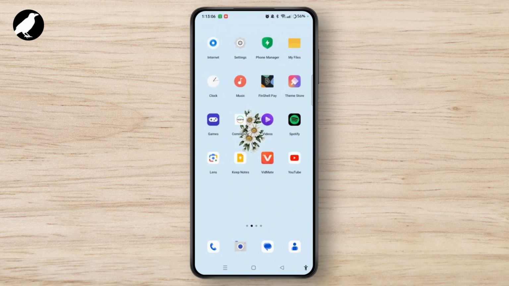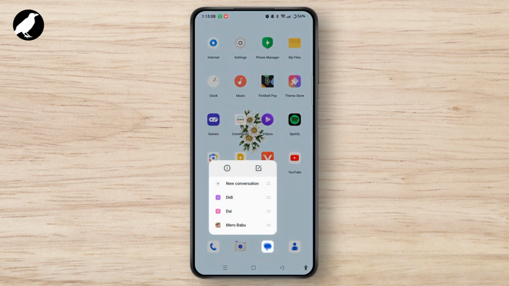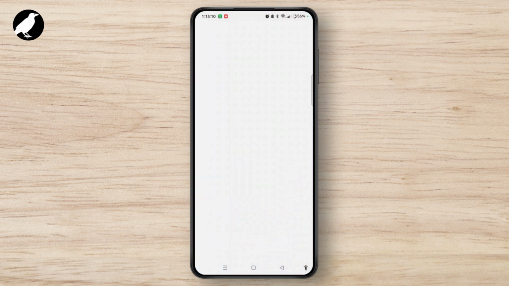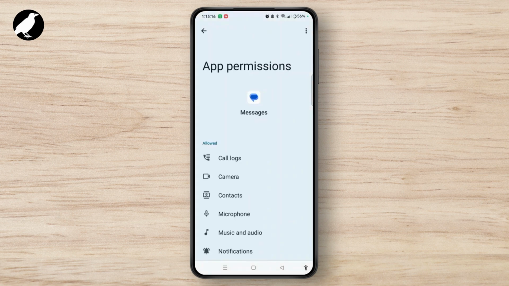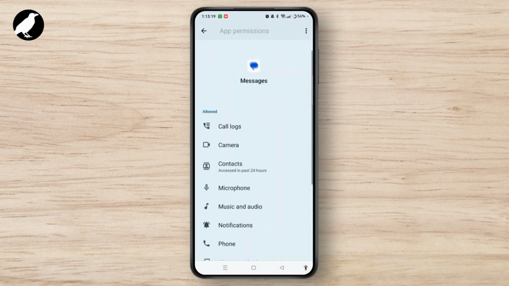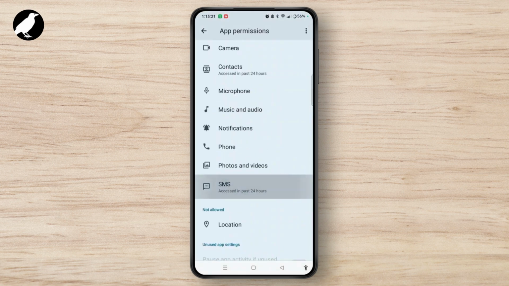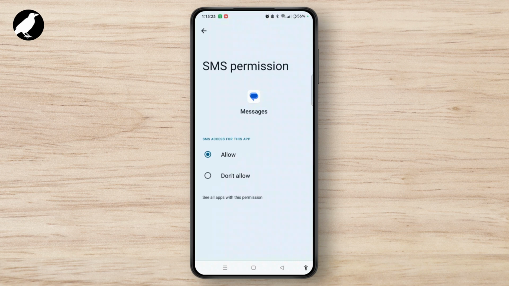You need to tap and hold the SMS icon and tap on the I button. Now here, you need to select the permissions option and ensure that the app has permissions to send and receive messages. If your SMS permission is not allowed, then you won't get any kind of message and the verification code on